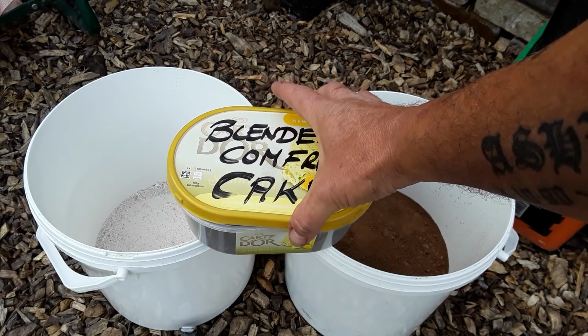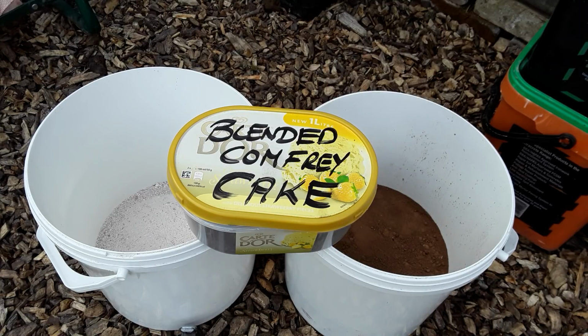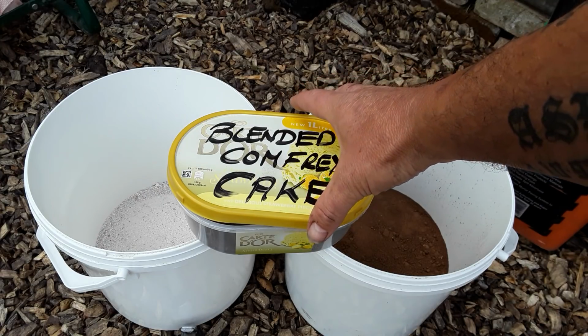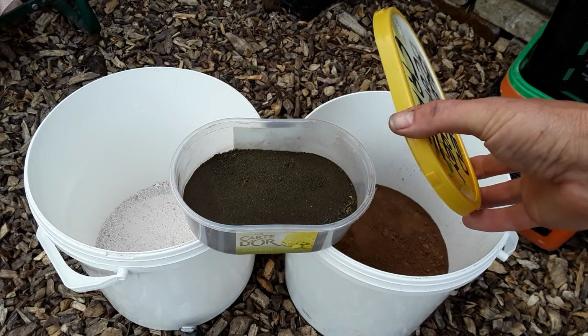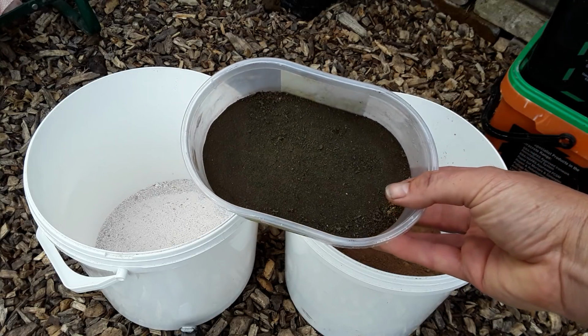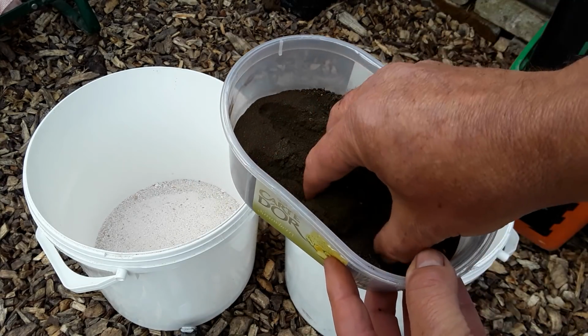Because of this hot weather, or shall we go back, because of the wet weather it got absolutely saturated. Now we've got this 30-degree weather, it went that hard it struggled to actually blend. But anyway, this is what we have. I'm hoping you can see what I can see. When you look through the screen you don't always get the...